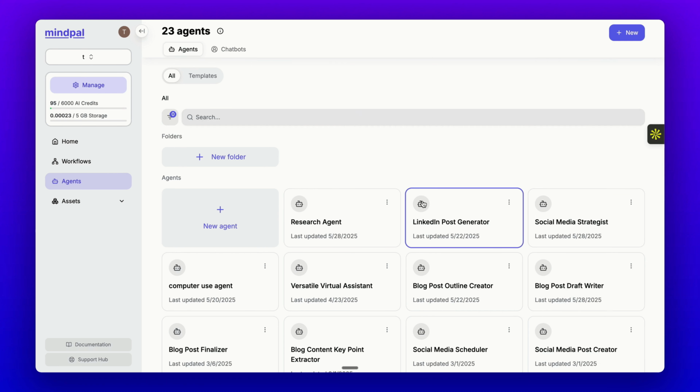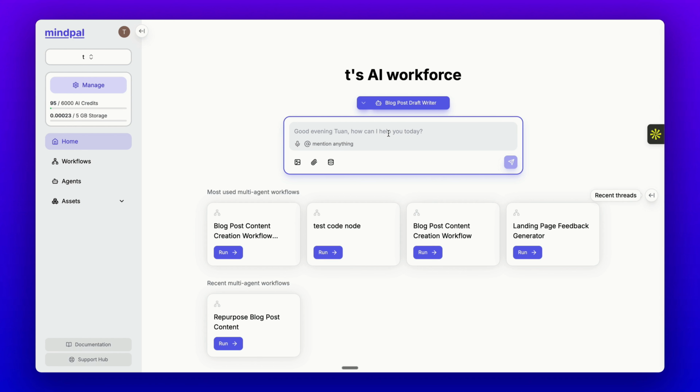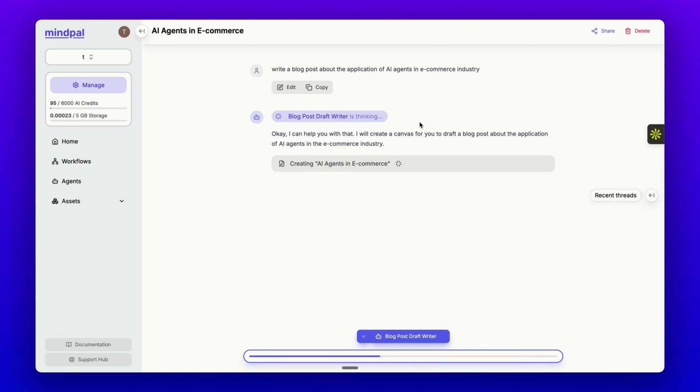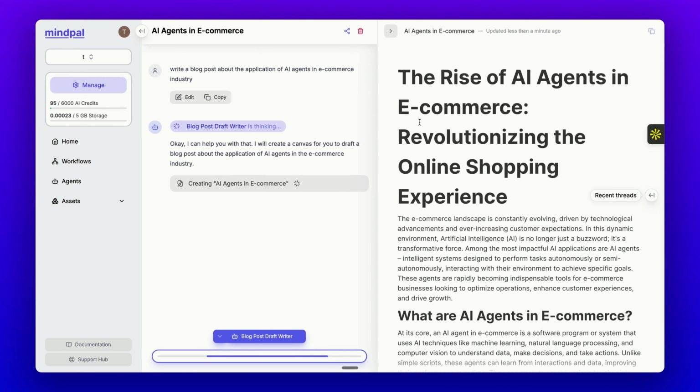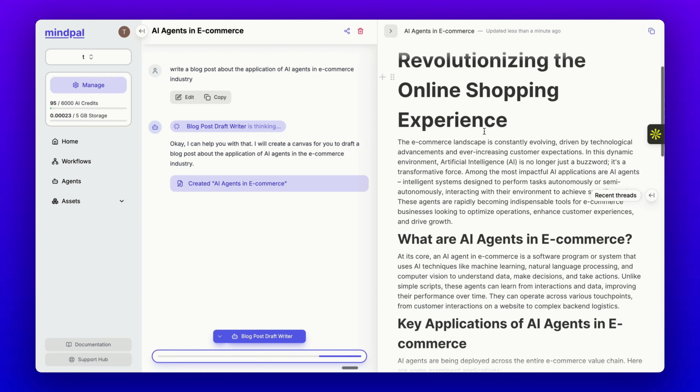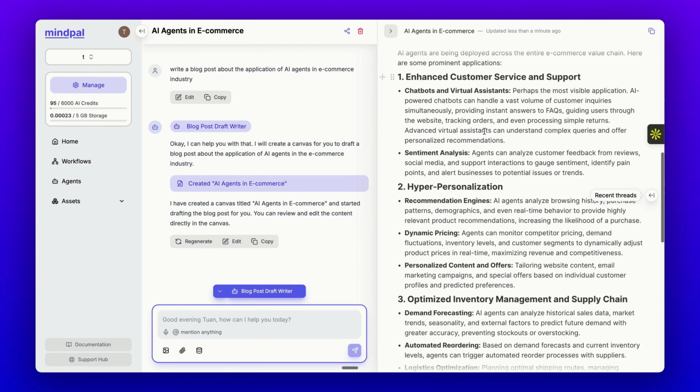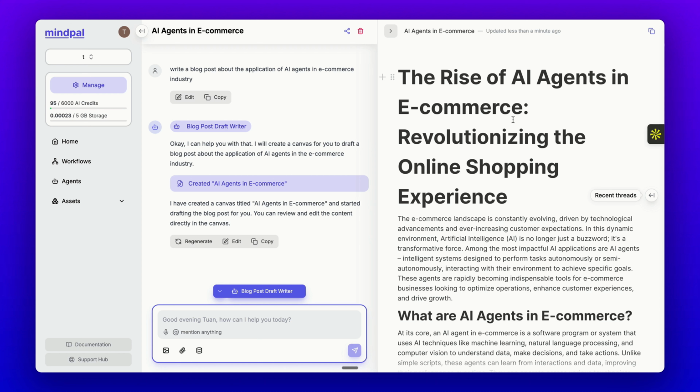Let's use this agent. I will ask it to write a blog post about application variations in the e-commerce industry. You'll see that instead of returning the answer directly, it will open a canvas and write the response for you on the side here. Since this canvas is a text editor, you're free to make any edits you need to